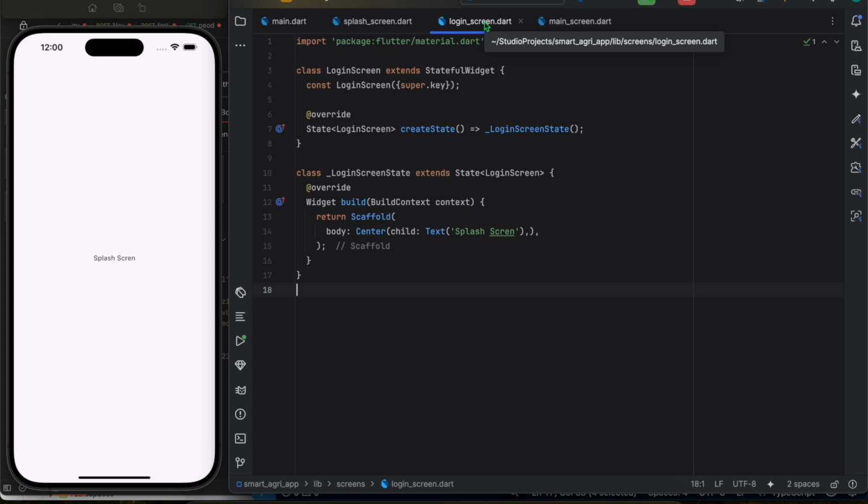Right, now coming back to the login screen. Here